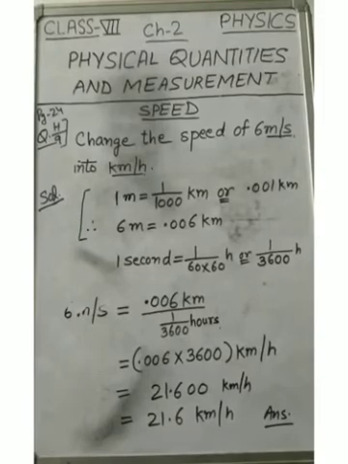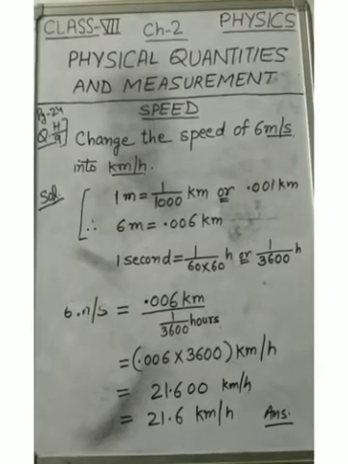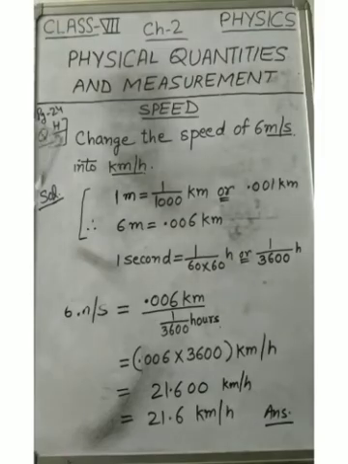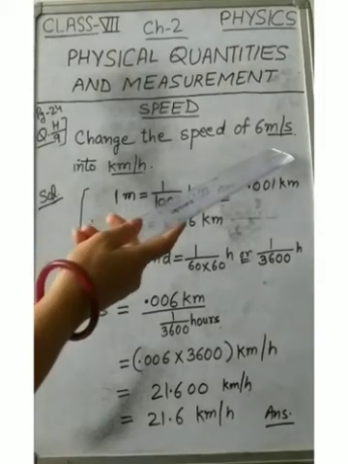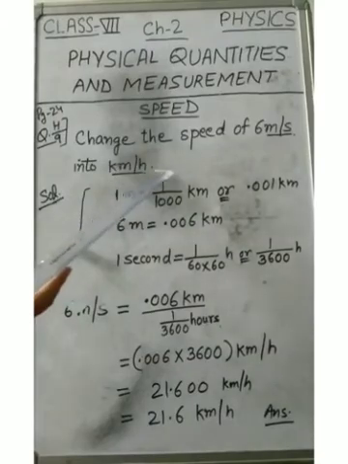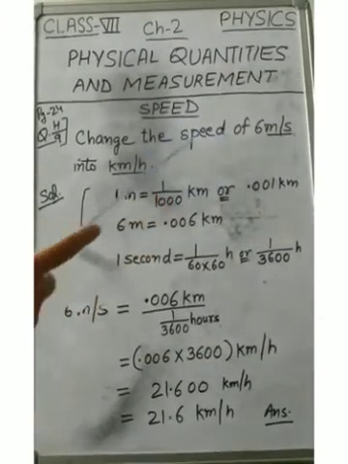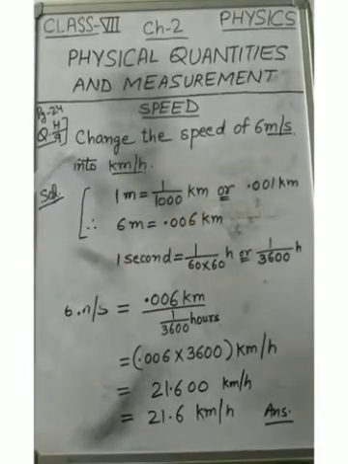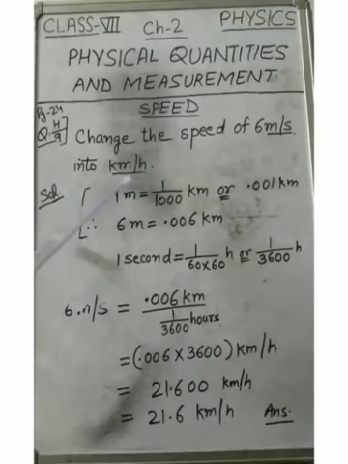So students, whenever we solve a problem of speed, first of all we must know that the unit should be the same. We have to convert the unit if it is different. To see this, let us take a problem from your book. On page number 24, question number 9 is there. Change the speed of 6 meter per second into kilometer per hour. This is very important. You must know how to change the units. It is given in meter per second and we have to change it into kilometer per hour.